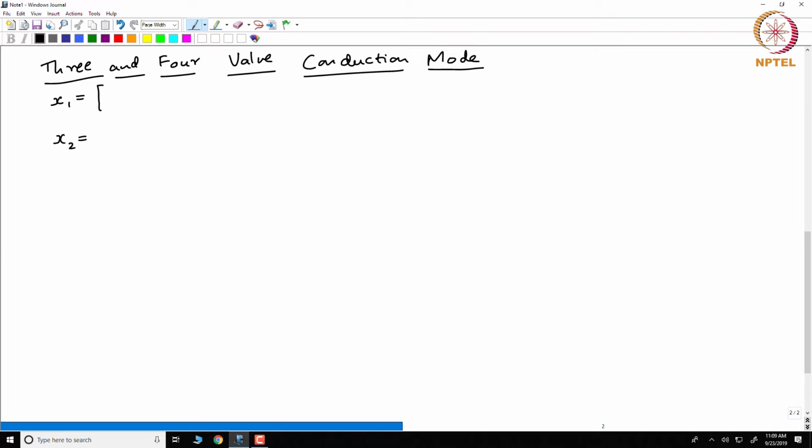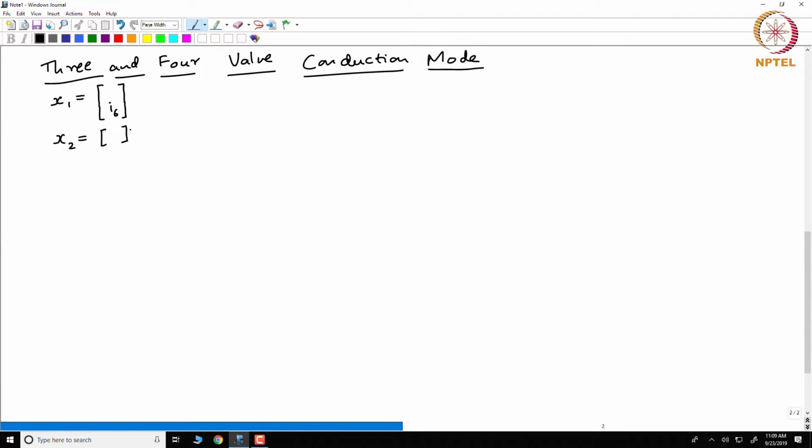3 loops, but one of the currents is known. See, ID is something which is given to us. So the current source is something which is known. So, one of the currents is ID, which is a loop current which is known. So, there are only 2 loops. So I can say that X1 is having 2 elements. So, I also know that the last element of X1 is I6. What about the first element of X1? So, the first element of X1 is also the element of X2. So, now X2 is only having one element.